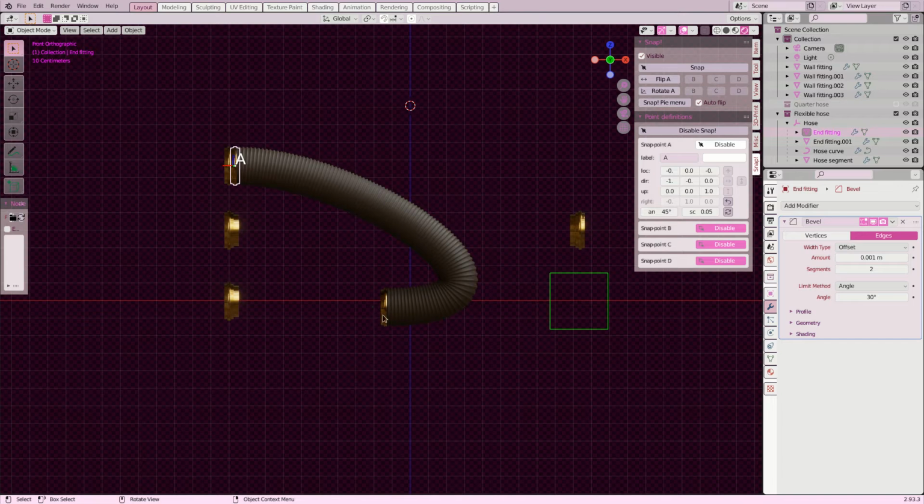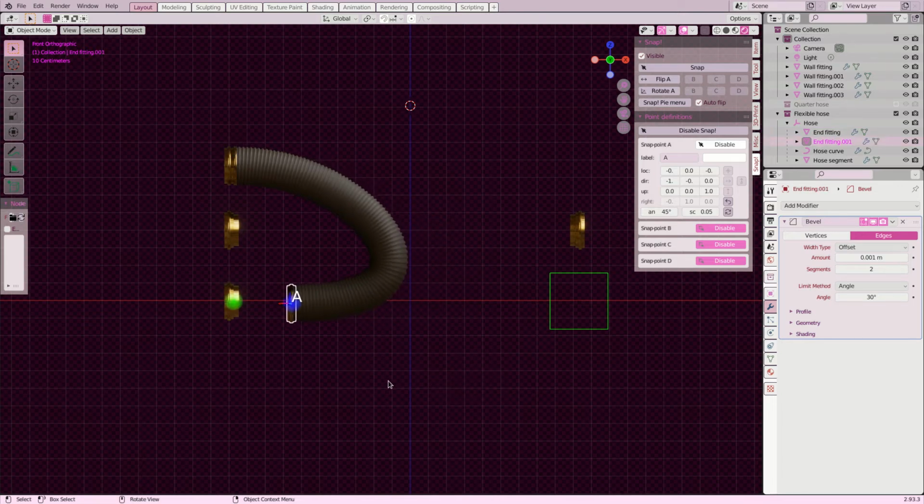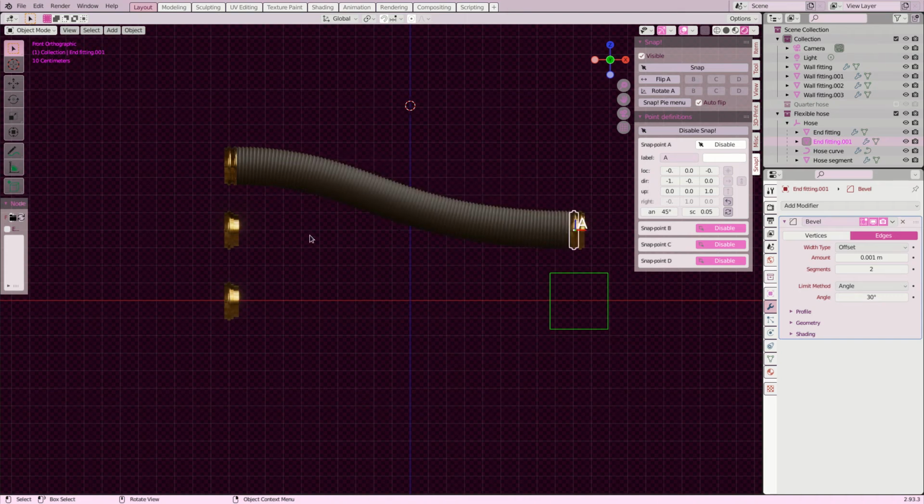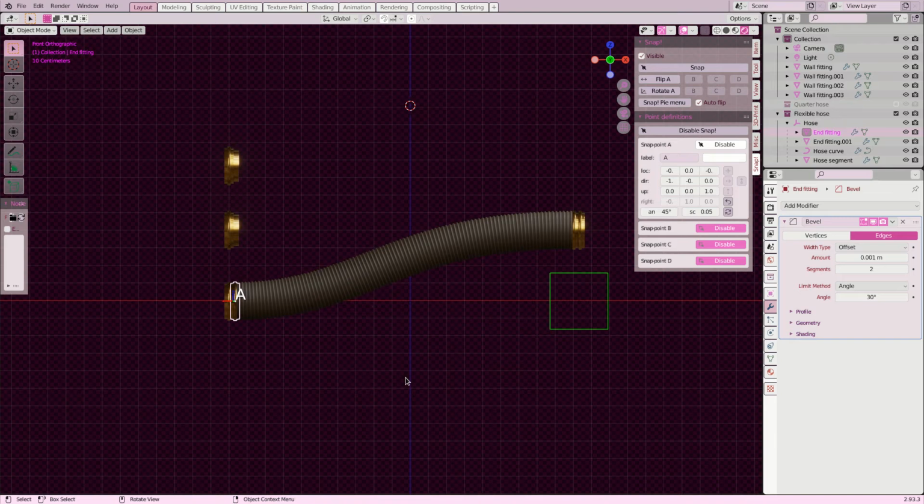The end caps are now separate objects, each with their own snap point, and if we snap them to other objects, you will see that the curve deforms with them, and even its length will adapt. Let's have a look at how this setup is different than the fixed curve.